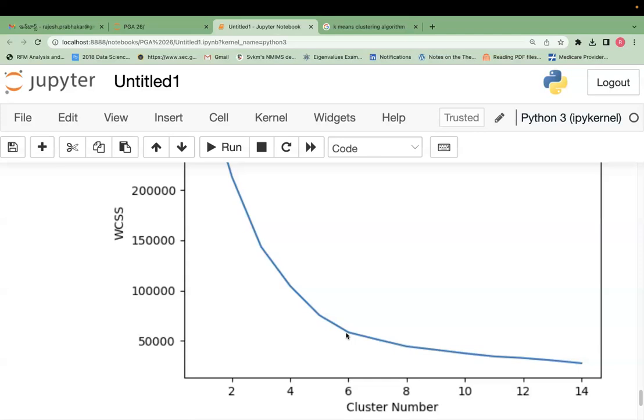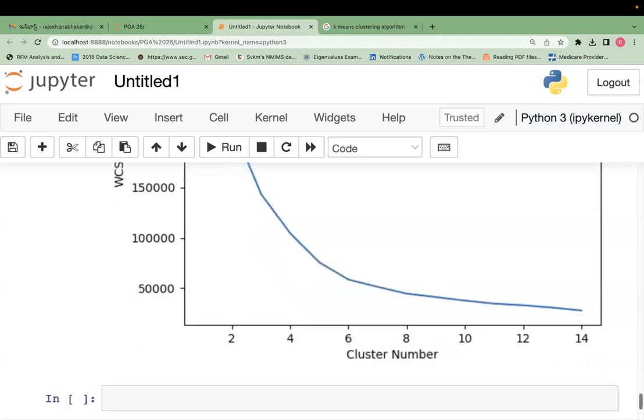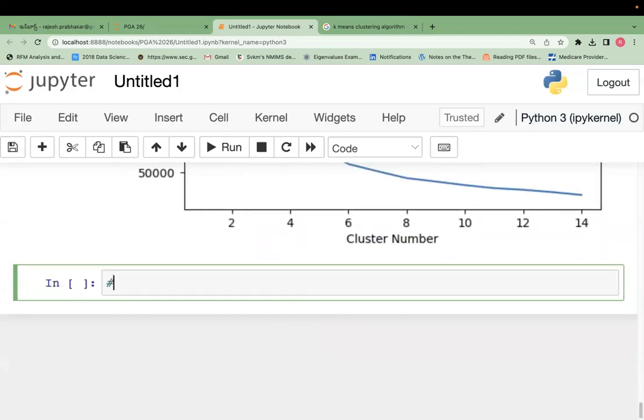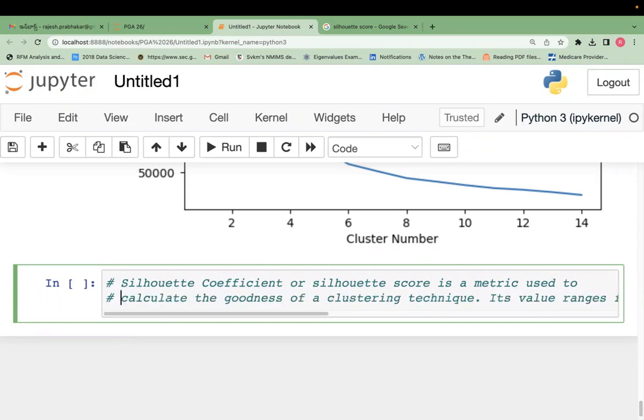And also calculate something called Silhouette score. Silhouette score is a score which will tell you whether the cluster formation is good or bad. Closer to 1, good. Closer to 0 and negative, bad. So we will be doing the cluster building for both the 5 and 6 clusters and then calculate the Silhouette score. The model that has the highest Silhouette score will be the best fit model, and we'll also plot the clusters to see whether the clustering is distinct or not. So let us build the 5 cluster model first, or before that, let us discuss